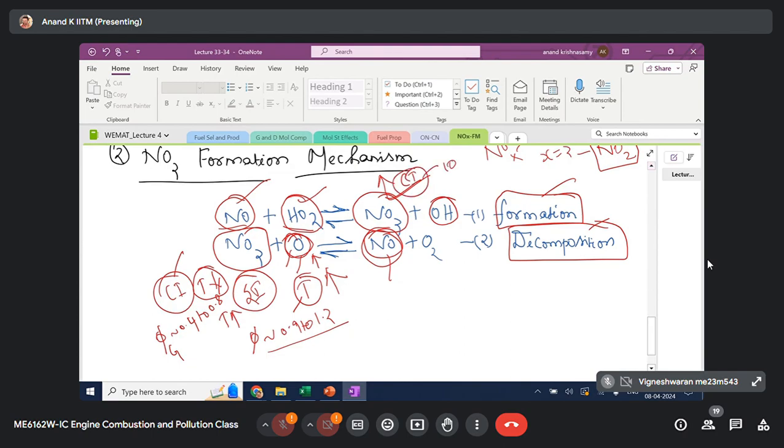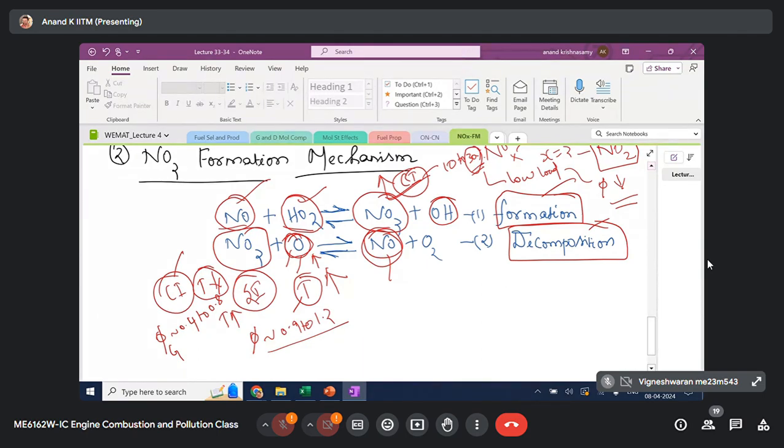As I said, it is around 10 to 30%. And this 30% high value will happen at low load condition. At low load, how do you control load in a CI engine? By the amount of fuel, the mass of fuel injection. Yes, fuel. So you have a much lower Phi value at low load because you inject less fuel at low load. So Phi is much lower at low load.